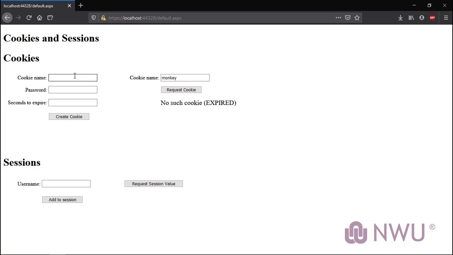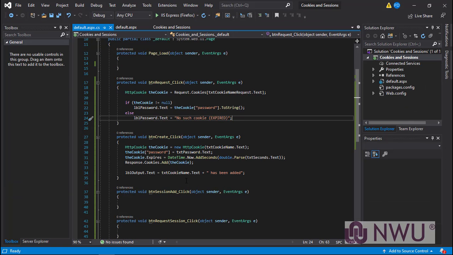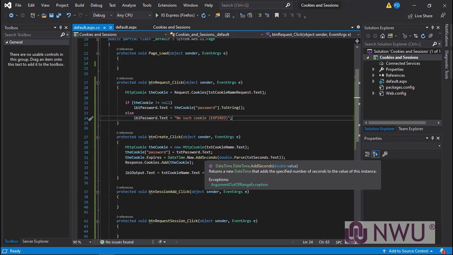So that's generally a very good use of cookies. If you want the cookie to last longer than a few seconds, you can just change the attribute of add seconds to add days or add months, as long as you want it to be active or alive. Okay,